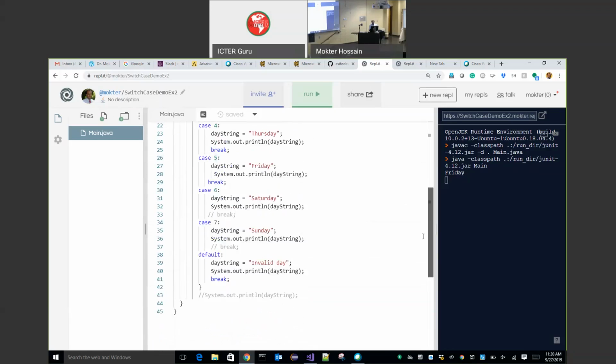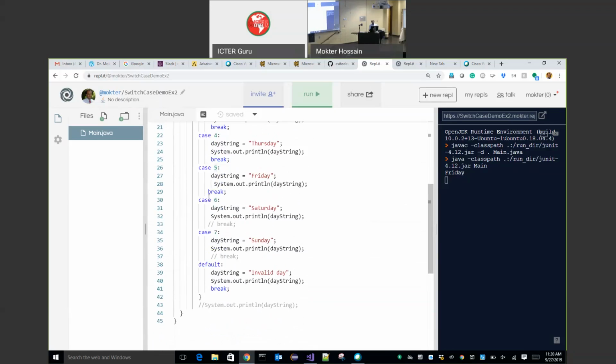So think about if I do not have this break. If I do not have this break statement, even for case 6, I do not have this break statement, and even for case 7.